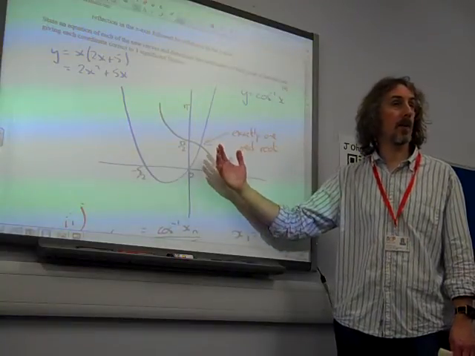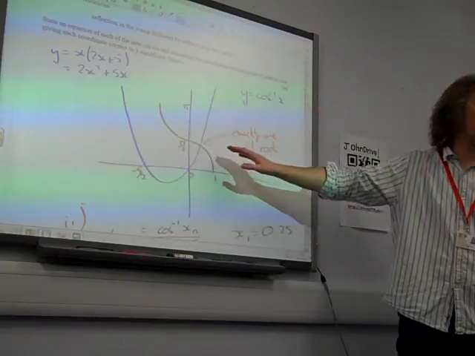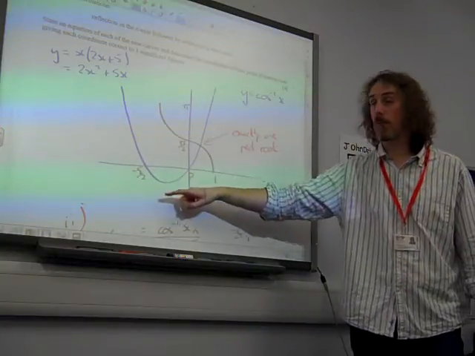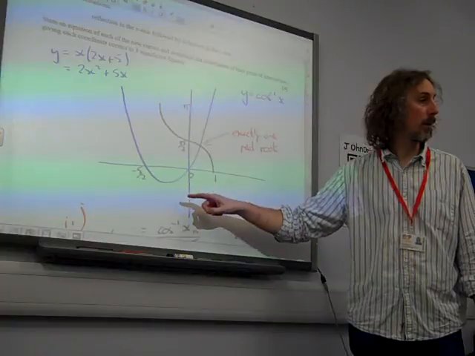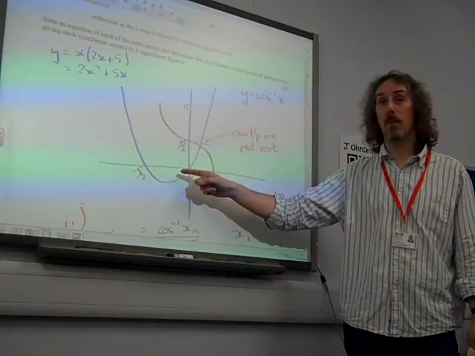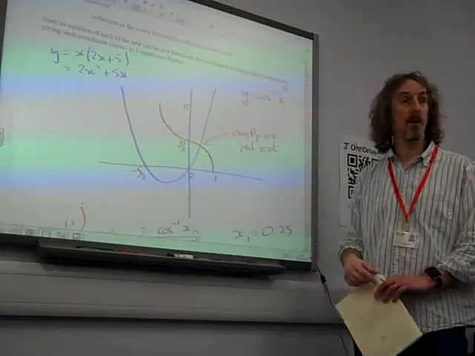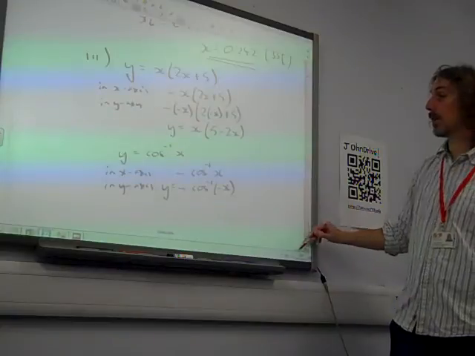And then reflecting each curve in the y-axis, so I'm reflecting over that way. So my new coordinate is going to end up in this quadrant down here, isn't it? And its x coordinate and its y coordinate are both going to be the negative of what they were before. So the new point of intersection